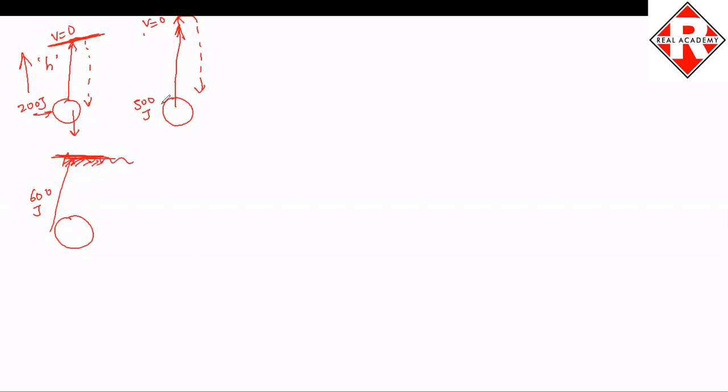As a result, if the earth is not able to apply its gravitational pull, the force of gravity on that particular object, that object won't get pulled downwards. उसकी वजह से क्या होगा, the stone or the ball will remain at that particular height only. It will not come downwards. अगर वो ऑब्जेक्ट पे फोर्स ऑफ ग्रेविटी लग ही नहीं रहा तो वो नीचे आएगा ही कैसे, वो तो ऊपर ही रहेगा, राइट?